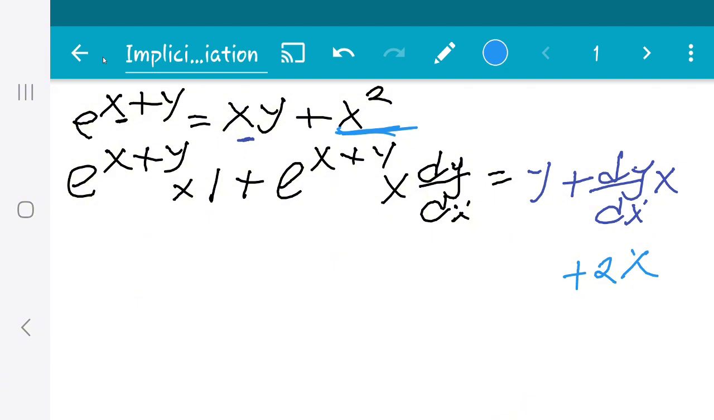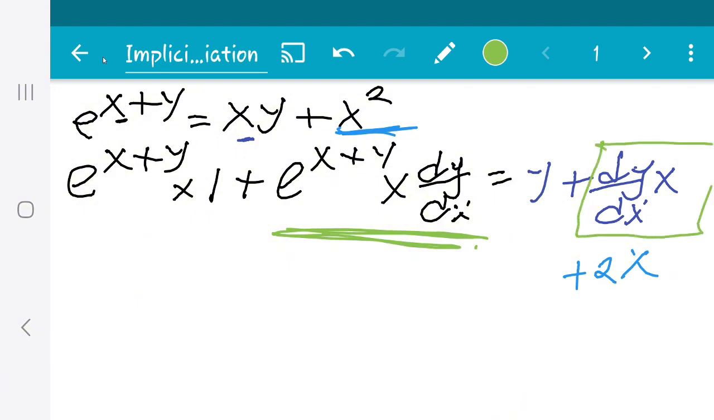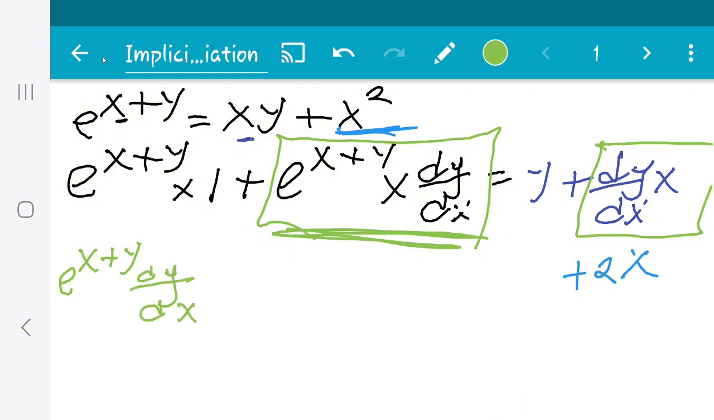Now we go to the second step, where we group the items. We group the terms that have dy over dx. We have e to the power x plus y dy over dx, and we take this other term to the other side, giving negative x dy over dx, which will be equal to